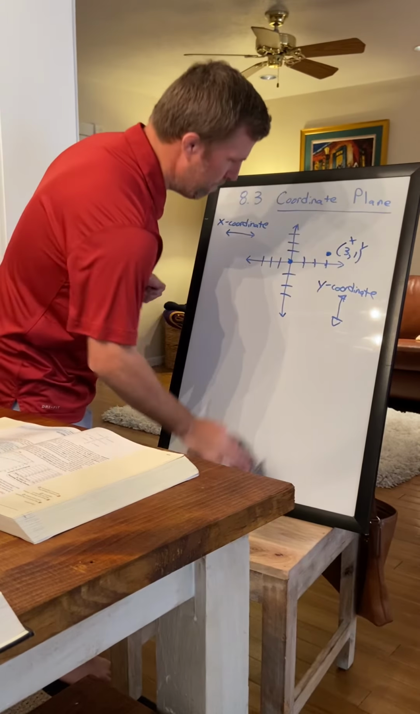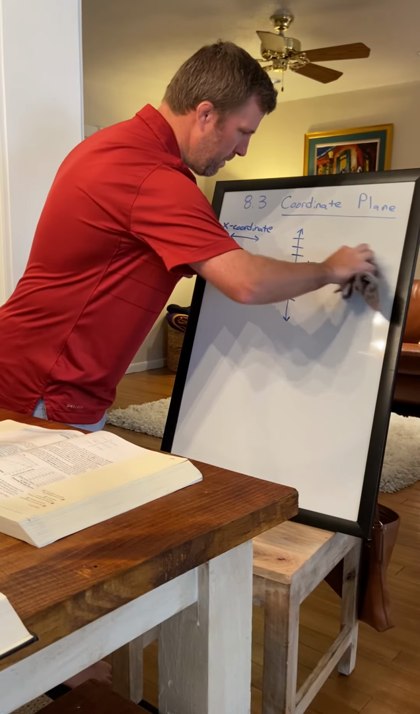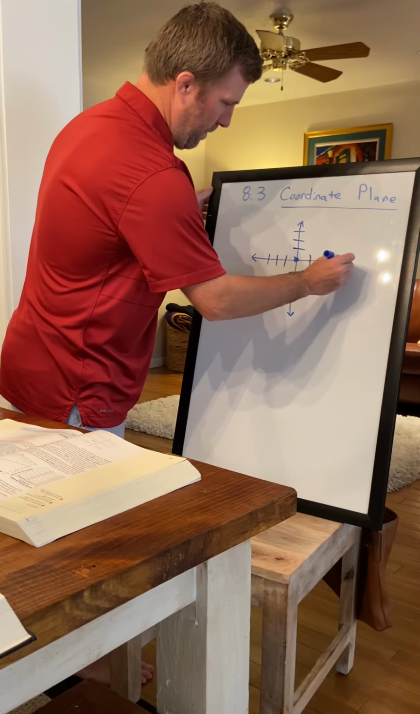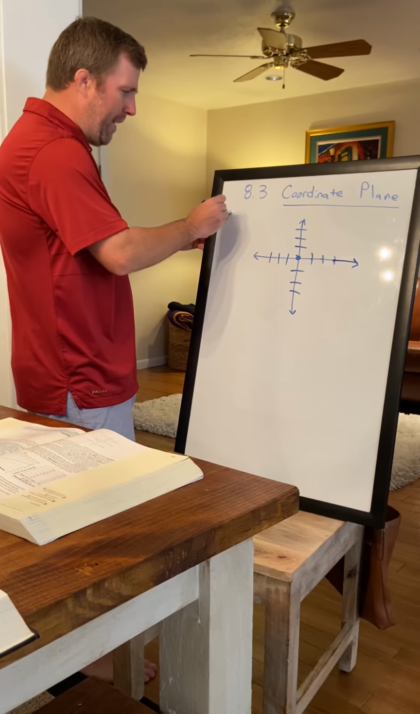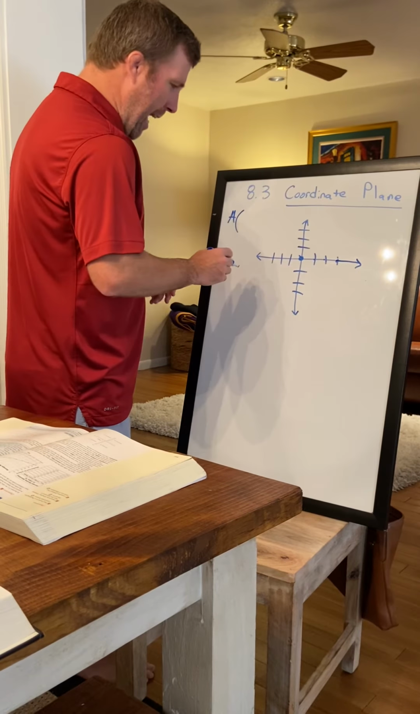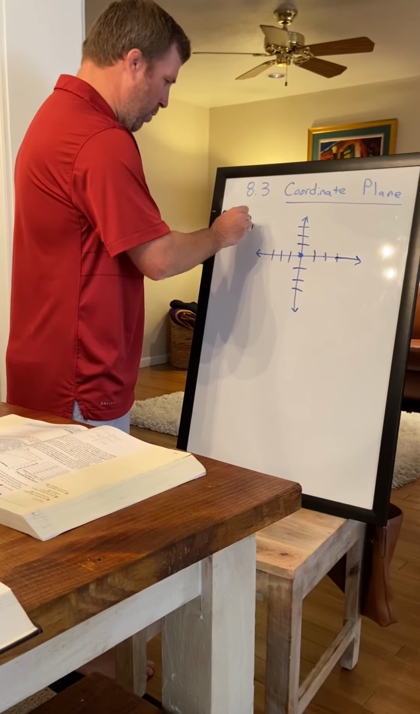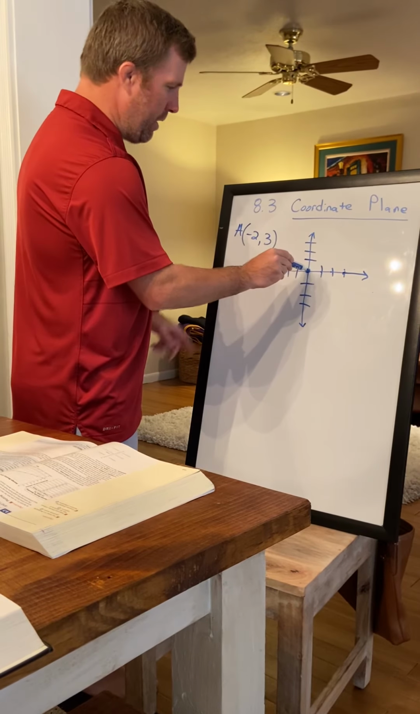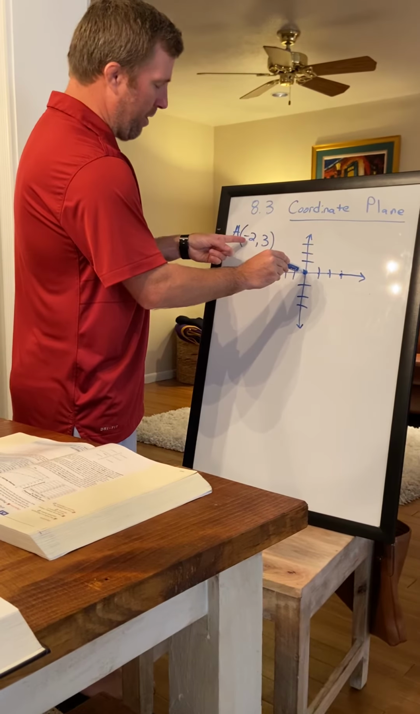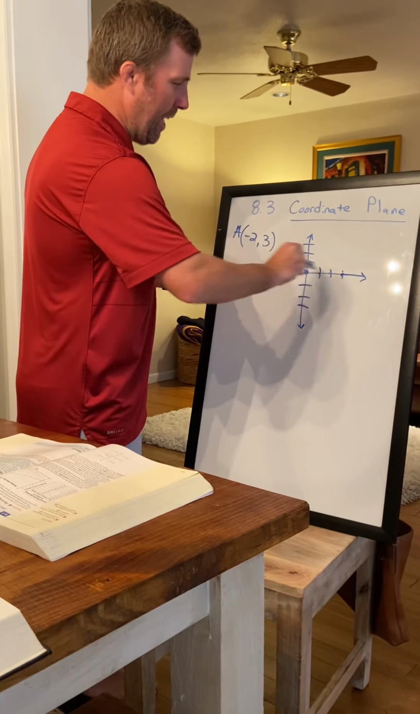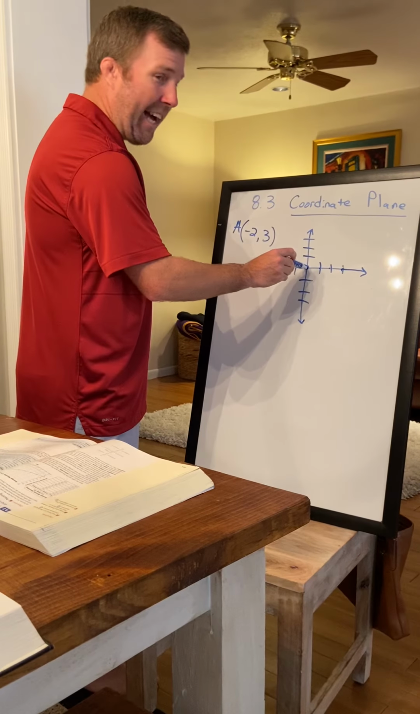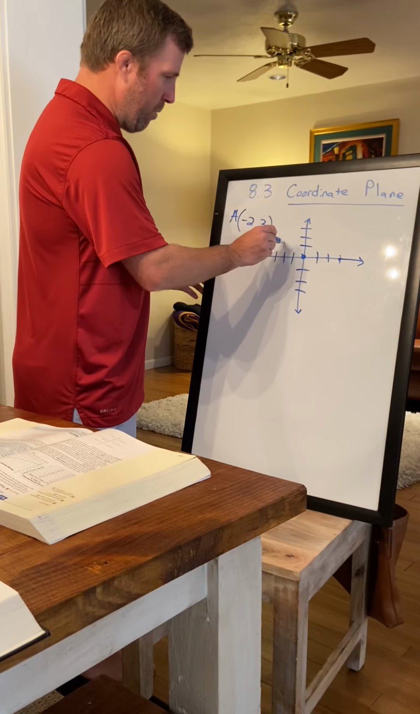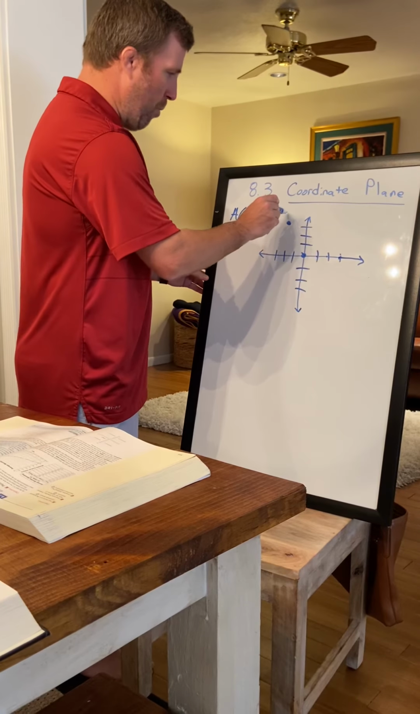So let's try an example. If I wanted you to plot point A at -2, 3, let's see how we would do that. We would start at the origin, and the first number in the ordered pair tells us x, the x coordinate. It tells us left or right. So because it's -2, I'm going to go 2 in the negative direction. 1, 2. And then I'm going to go up 3. 1, 2, 3. That point right there, point A,